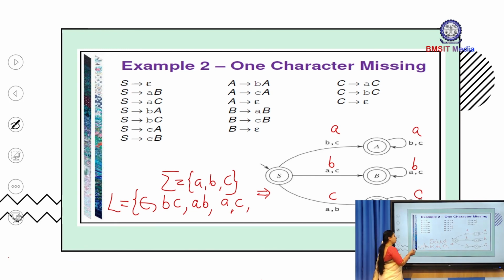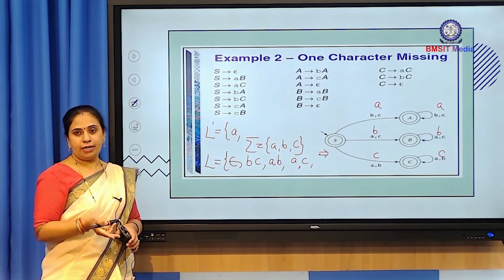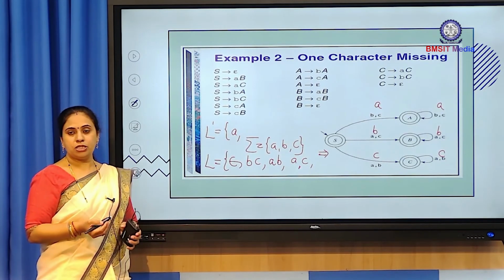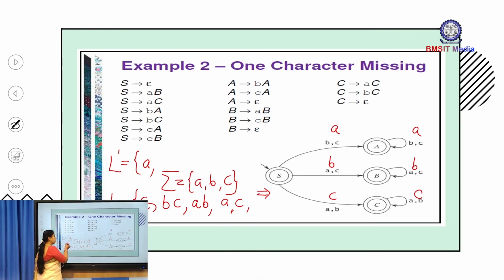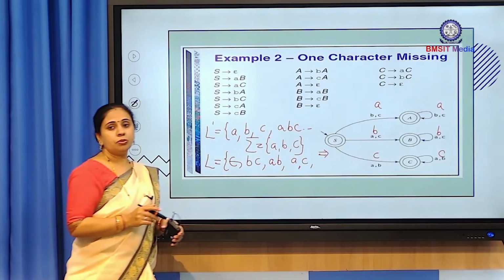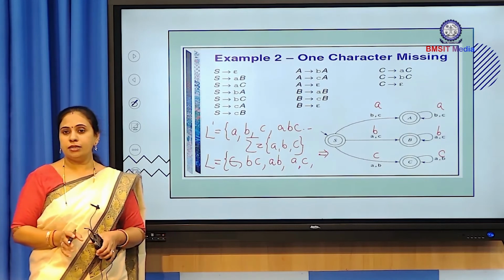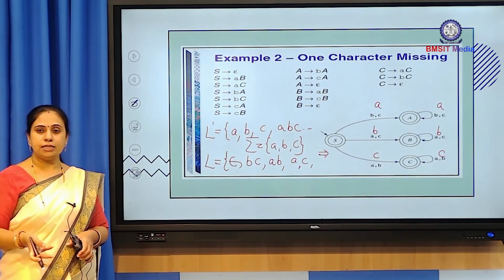Which strings should not be accepted? A single A should not be accepted because here two input characters are missing, B and C, but the regular language says that only one character should be missing. So single B should not be accepted, C should not be accepted, and ABC should not be accepted